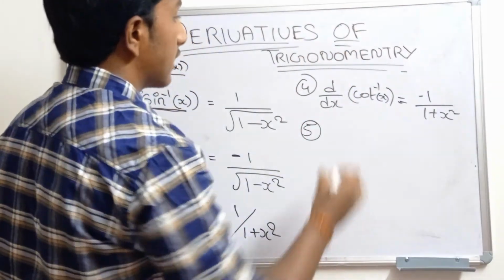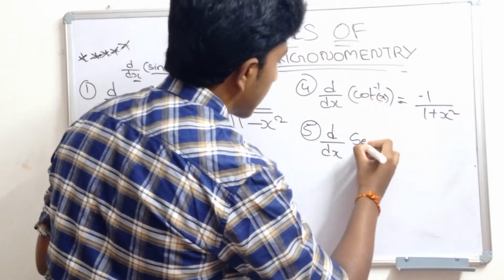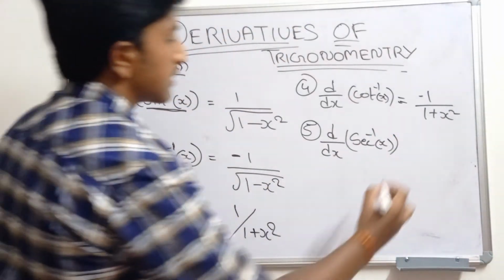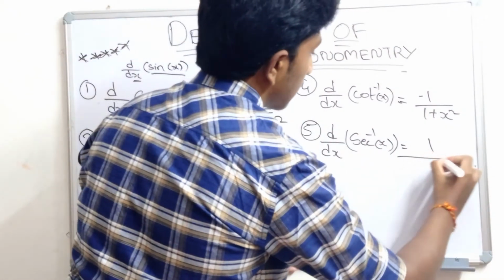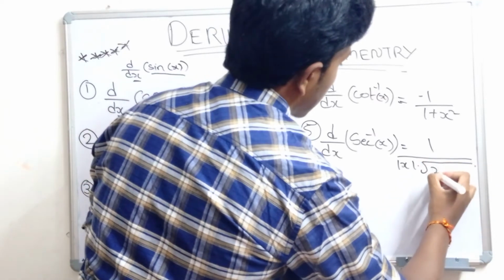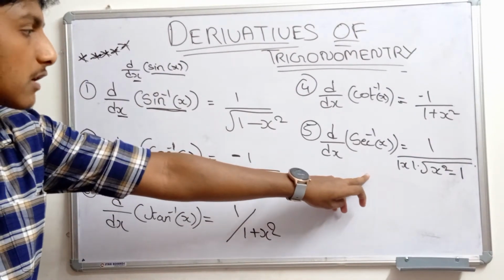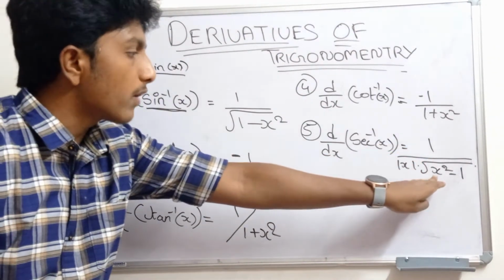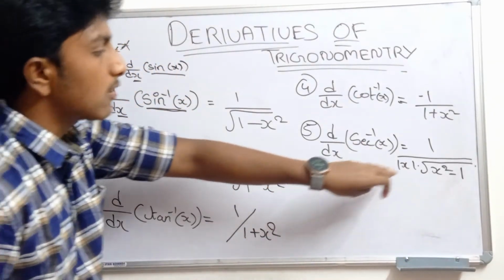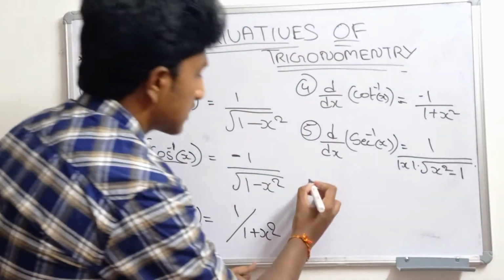Sorry guys, D by dx of secant inverse x. D by dx of secant inverse x is equal to 1 by mod x into root over x square minus 1. Guys, is it clear? D by dx of secant inverse x is equal to 1 by modulus of x into root over x square minus 1. And the sixth formula is